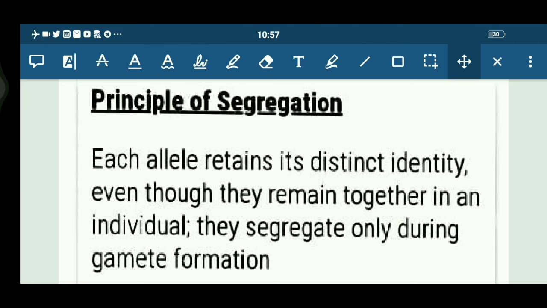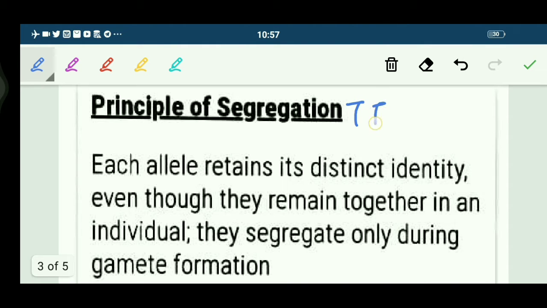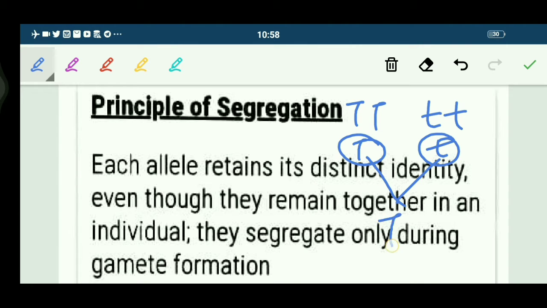Okay, children. Yesterday we discussed the monohybrid cross, in which Mendel had taken a tall plant with capital T allele and a short plant, that is small t small t. So the gamete here is capital T and here it is small t. So what is the law of dominance here? The one which is able to express itself. You can see in the first generation, the plant formed is completely tall, with the alleles capital T small t, that is the hybrid here.